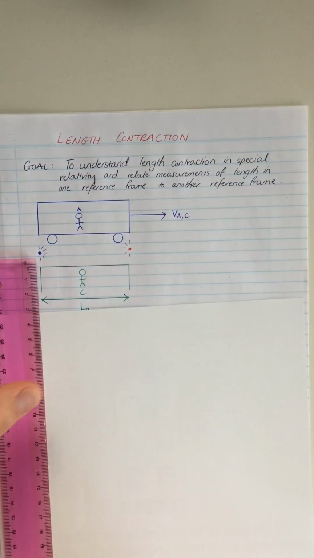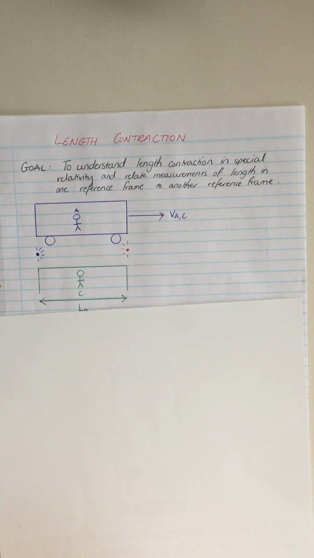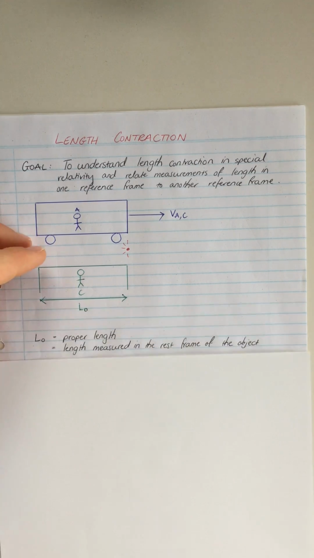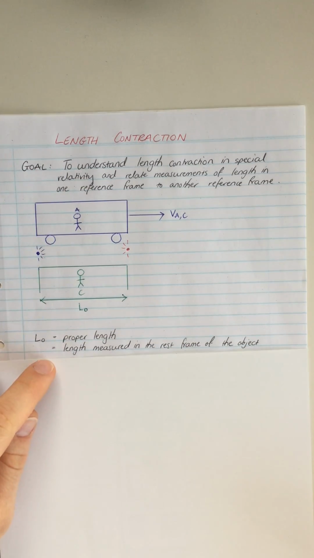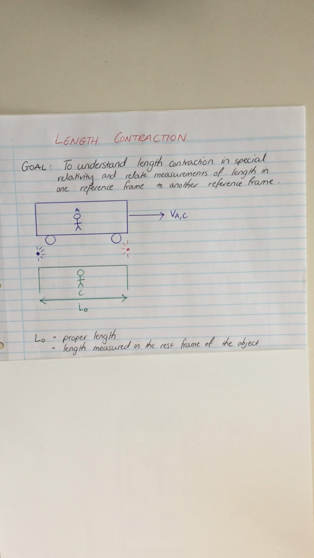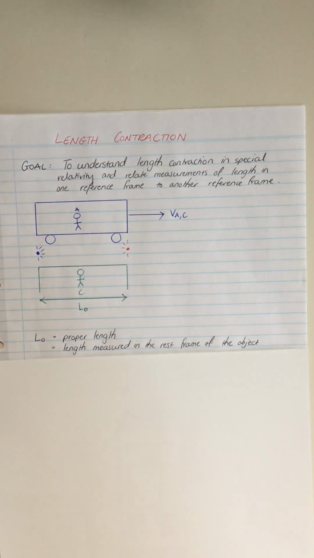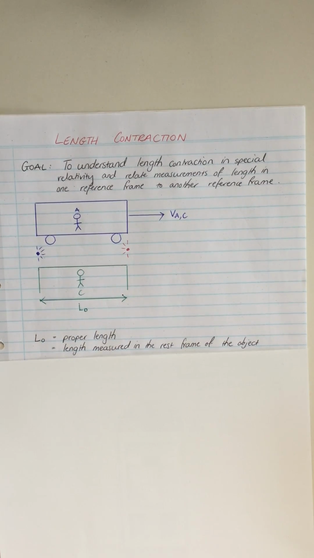Effectively, which is where this idea of length contraction comes from. So to just introduce the definition, L0, which I said here, is the proper length. And what that means is it's the length measured in the rest frame of the object. So if you just look at this, this person on the platform who's measuring the width of the platform is able to do that with a ruler